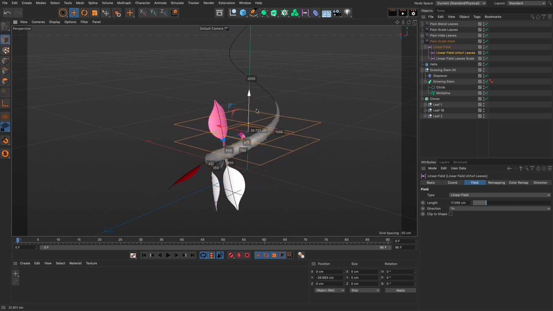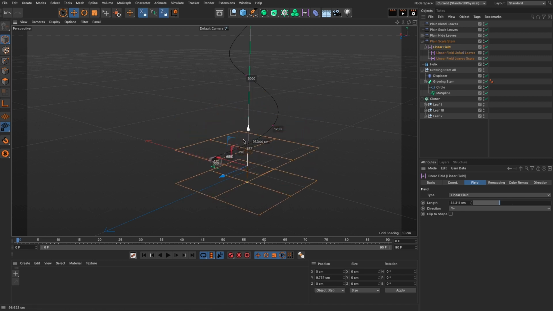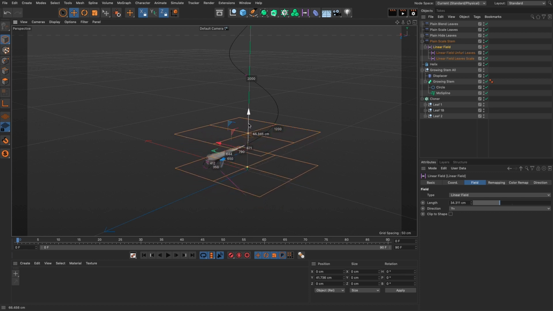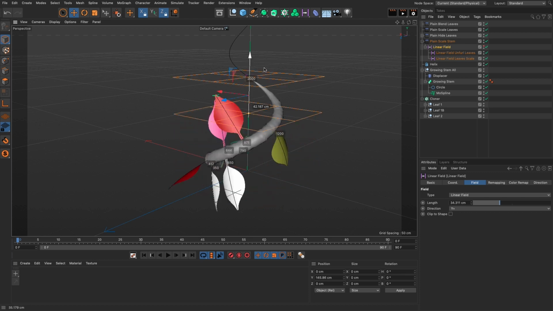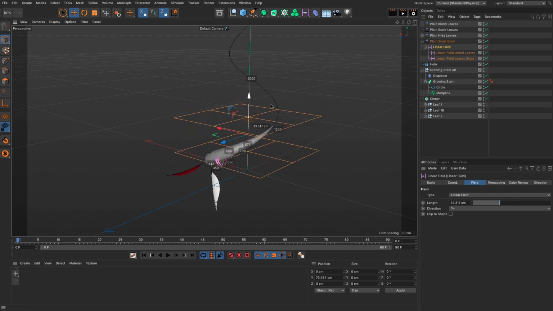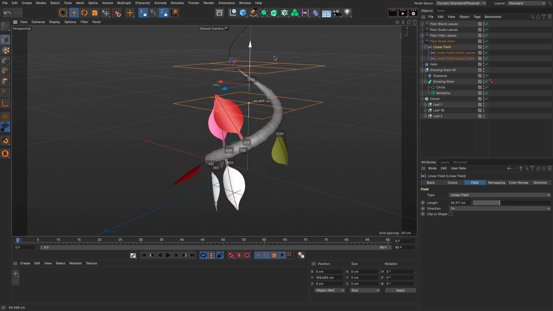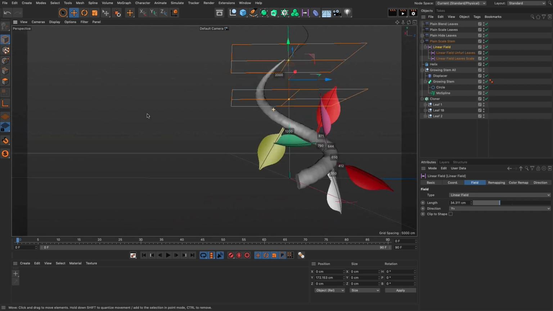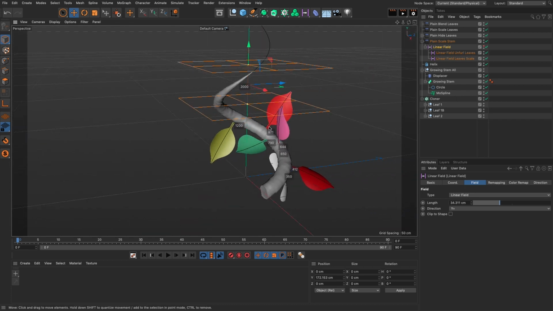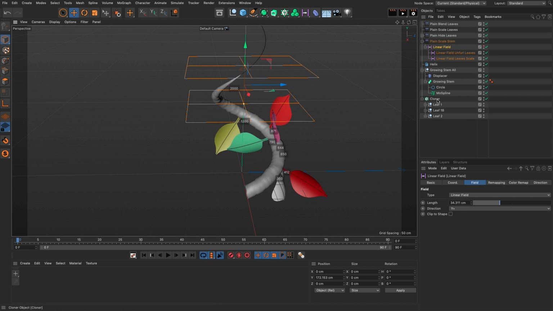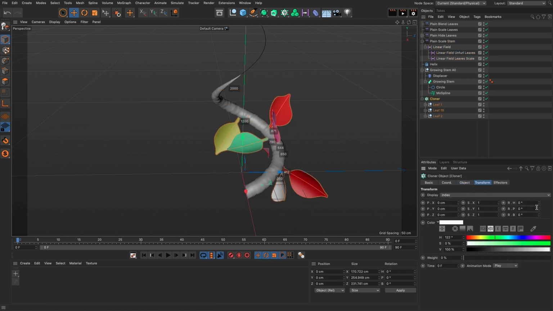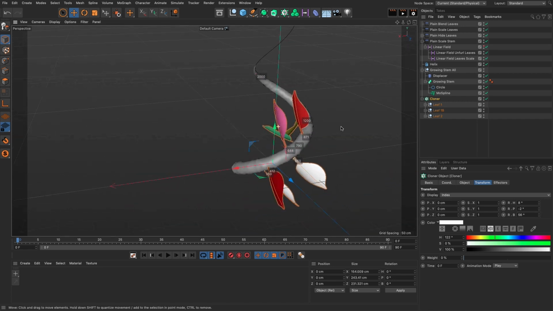I'm going to move it to the point where it seems to be better. And now as our plant is growing, the leaves are going to start growing as well. But there you go. We have the leaves growing now all the way until they're outside. Now, don't forget that if you want to control where they are facing, you can either go to the cloner, transformations, and start moving certain rotations around. You can turn them any way you want as a group, and you can also add some randomness to this